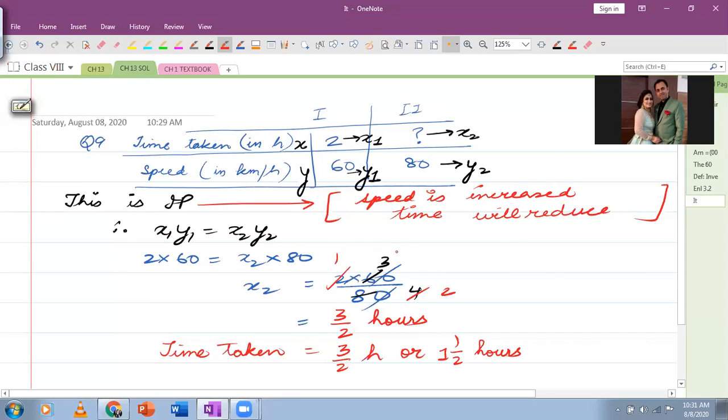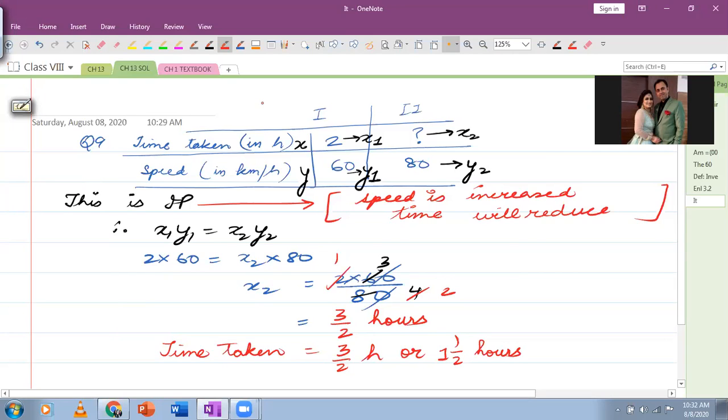Excuse me, ma'am. Yes. Ma'am, is it necessary to write why it is inverse proportion? It's only for your understanding. Later on, when you revise, if you have written this, it will be easier for you to understand why this is inverse proportion, why it is direct proportion. That's why I'm writing it. I'm writing this with every answer. In case later on you have trouble figuring out how this happened, how is it DP or IP, if you have written the reason, you will be able to understand it, even if you are just doing it on your own.